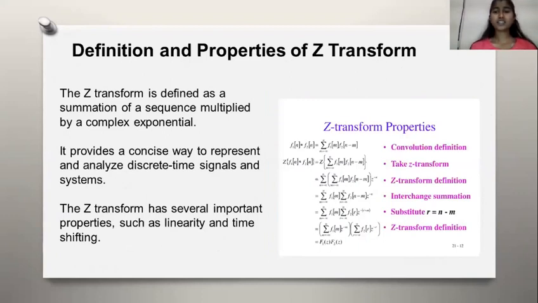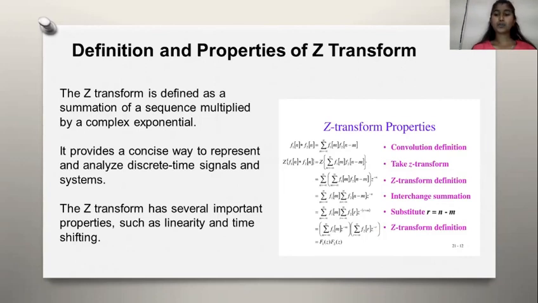Definition and properties of the Z transform. The Z transform is defined as the summation of a sequence multiplied by the complex exponential. It provides a convenient way to represent and analyze discrete time signals and systems. The Z transform has several important properties, such as linearity and time shifting. The Z transform properties are